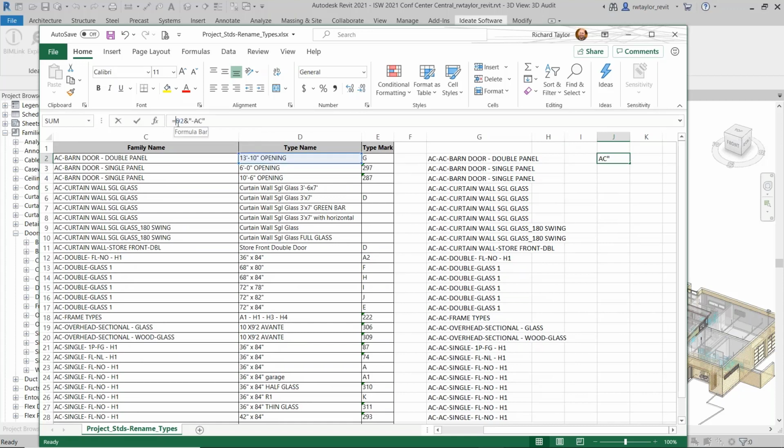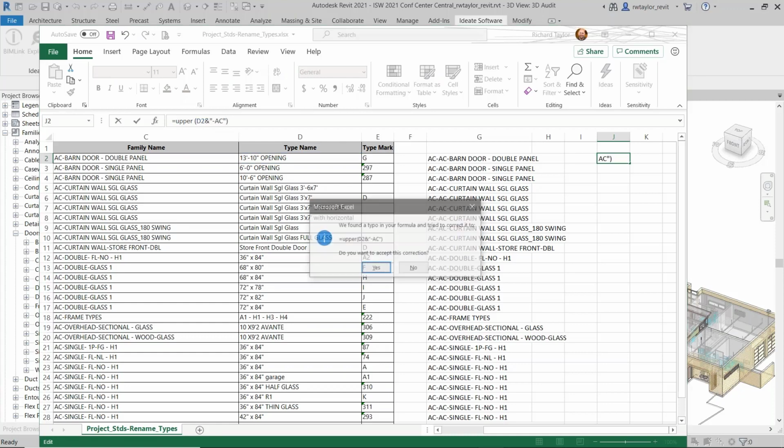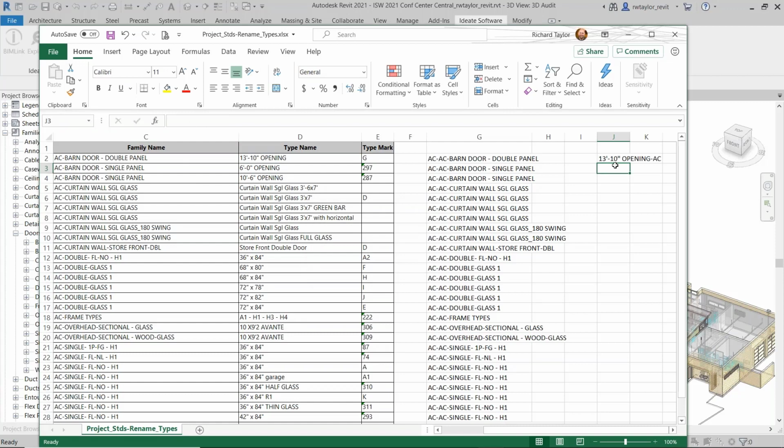And again, I might want to say, oh, you know what? I want that to be upper. And let's put those in parentheses. Oops, I got a space there. There we go. Okay, now, once I get that correct, right, of the formula that I want,